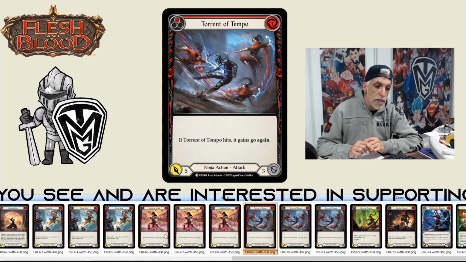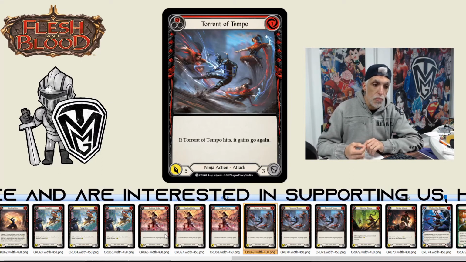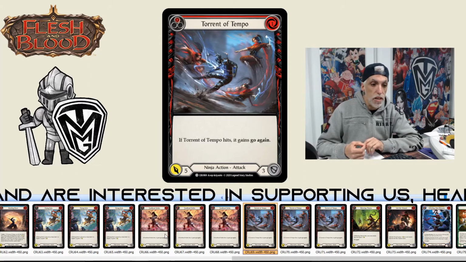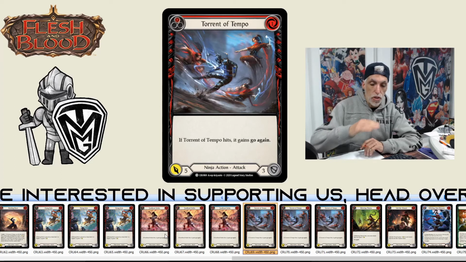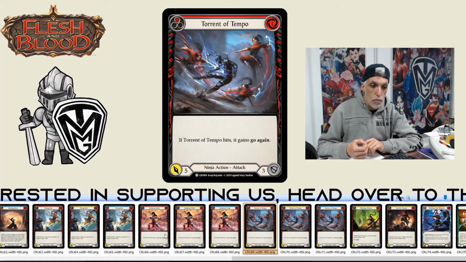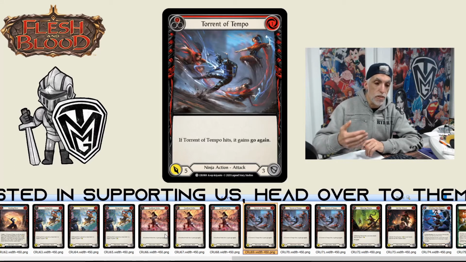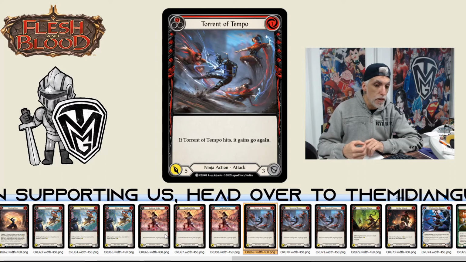If Torrent of Tempo hits, it gains go again. So if there's any card that you want to defend against Ninja, it's this card. If they play it, you don't want them to get go again. You want to just stop their turn there. They're going to play this with the intent to keep going on. So maybe they've got things that they can use. They can't use their